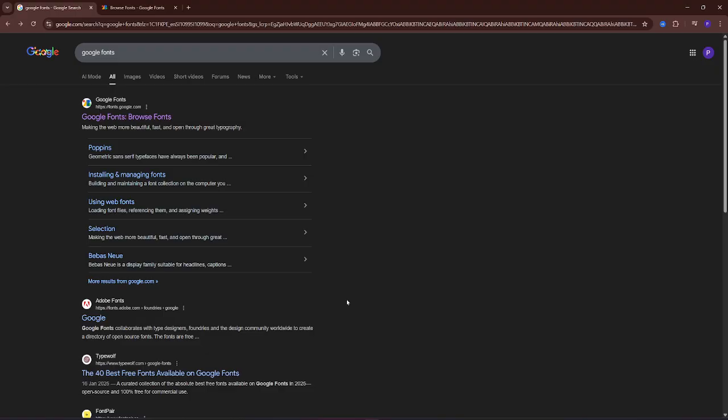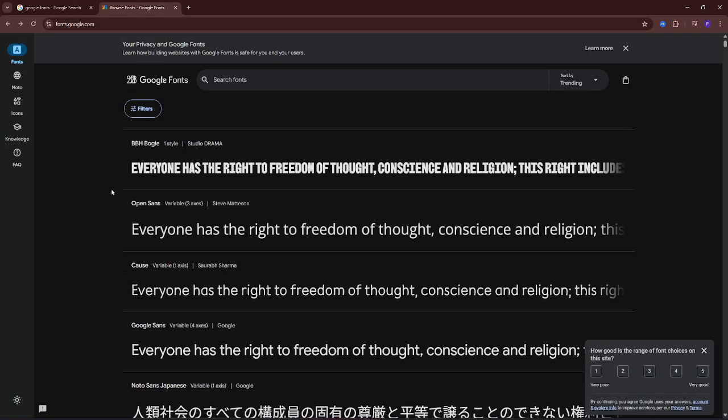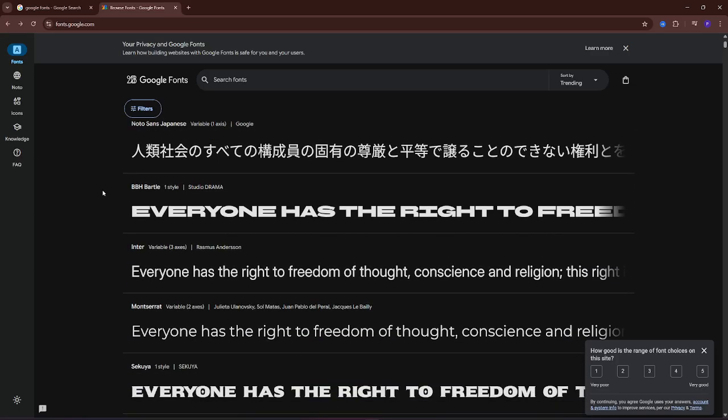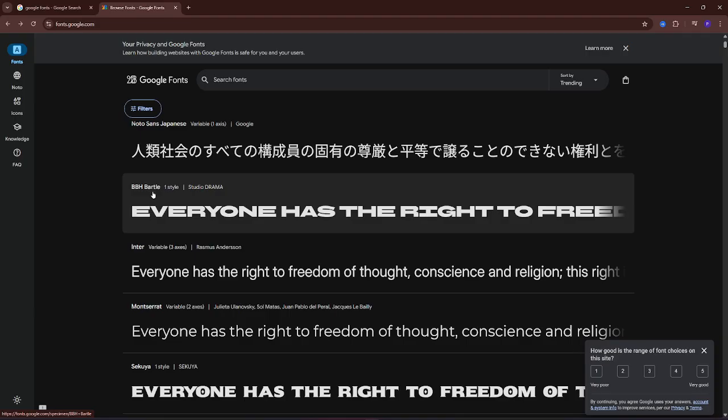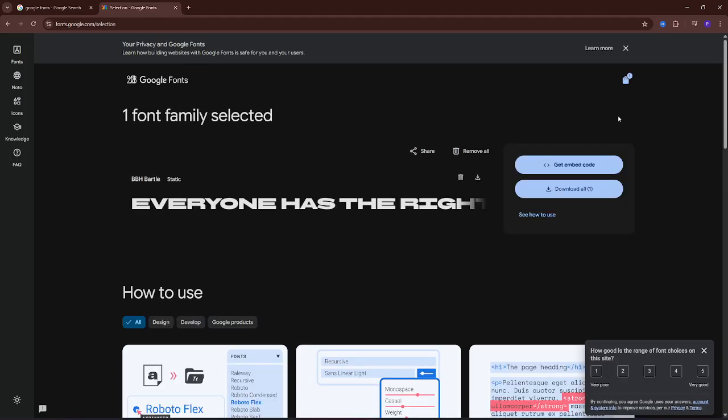First of all, you need to download the fonts you want to use. So go here to Google Fonts or wherever you like. And right here in Google Fonts, you will choose which font you like. So I will go with this one, BBH Bartle. Click on that, and here click on Get Font. Download all,